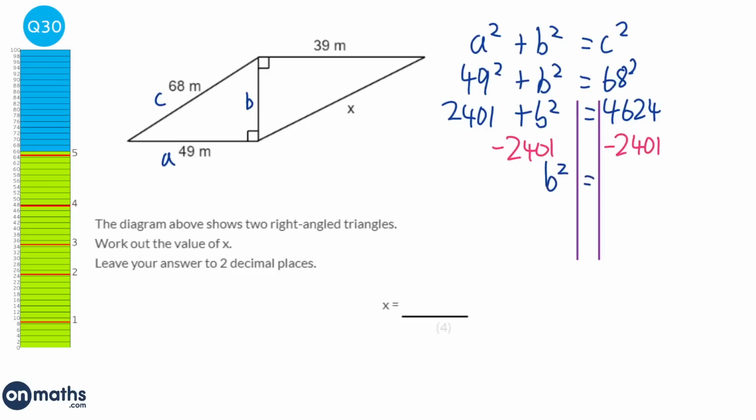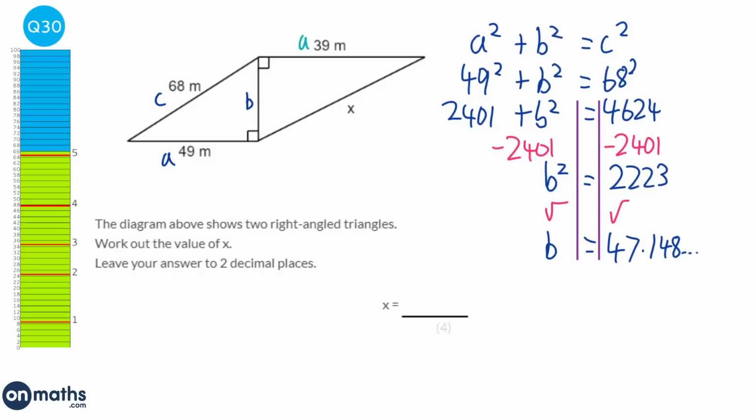So we've got b squared equals 2,223. Then we're going to square root both sides, and we've got b equal to 47.148, and so on. Okay, we're now looking at the second diagram, and this time we're going to have a,